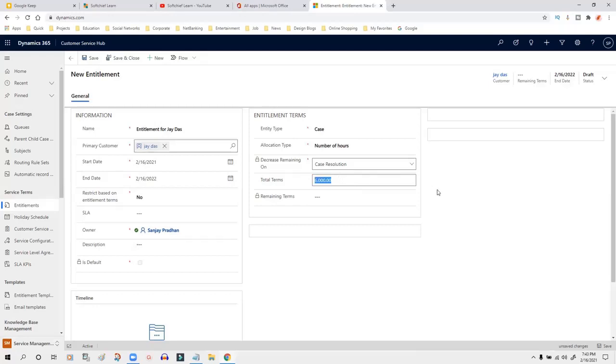If a customer raised a number of cases and the total hours used exceeds 6,000, then next time the customer cannot raise a case. He has to buy a warranty support again for another 1 year.